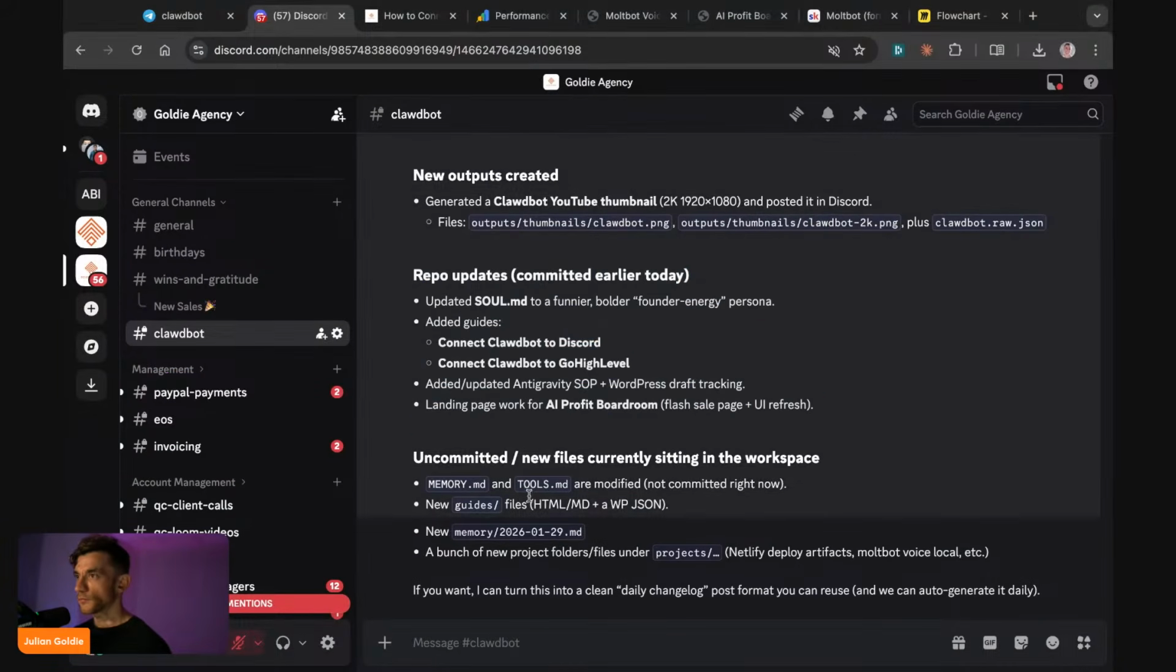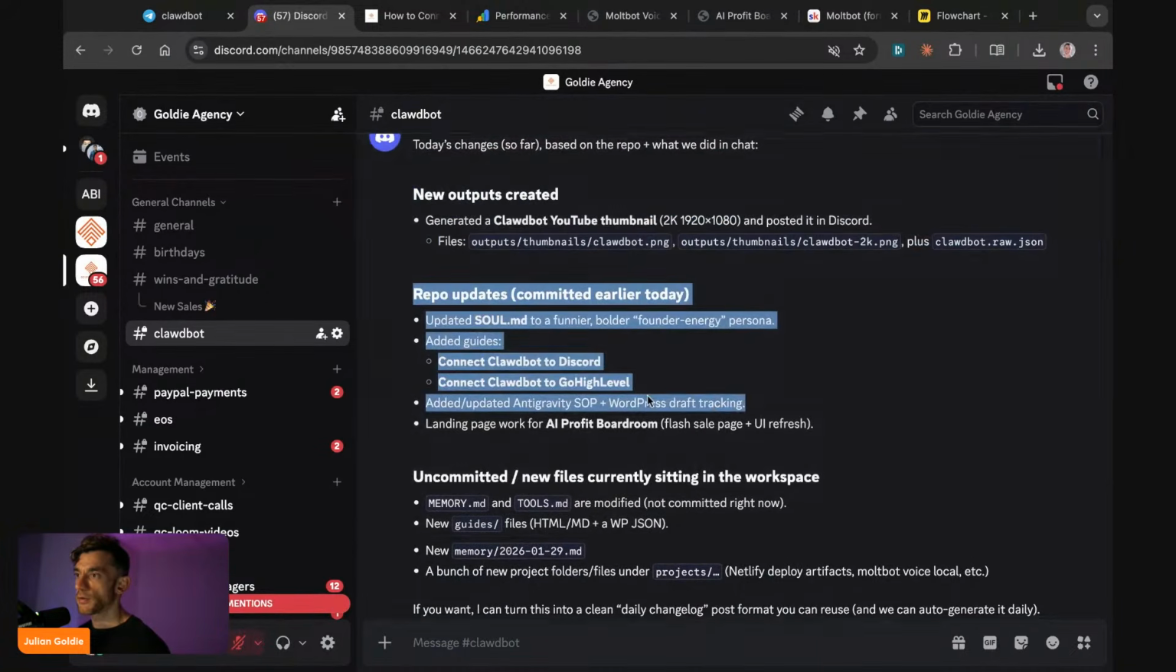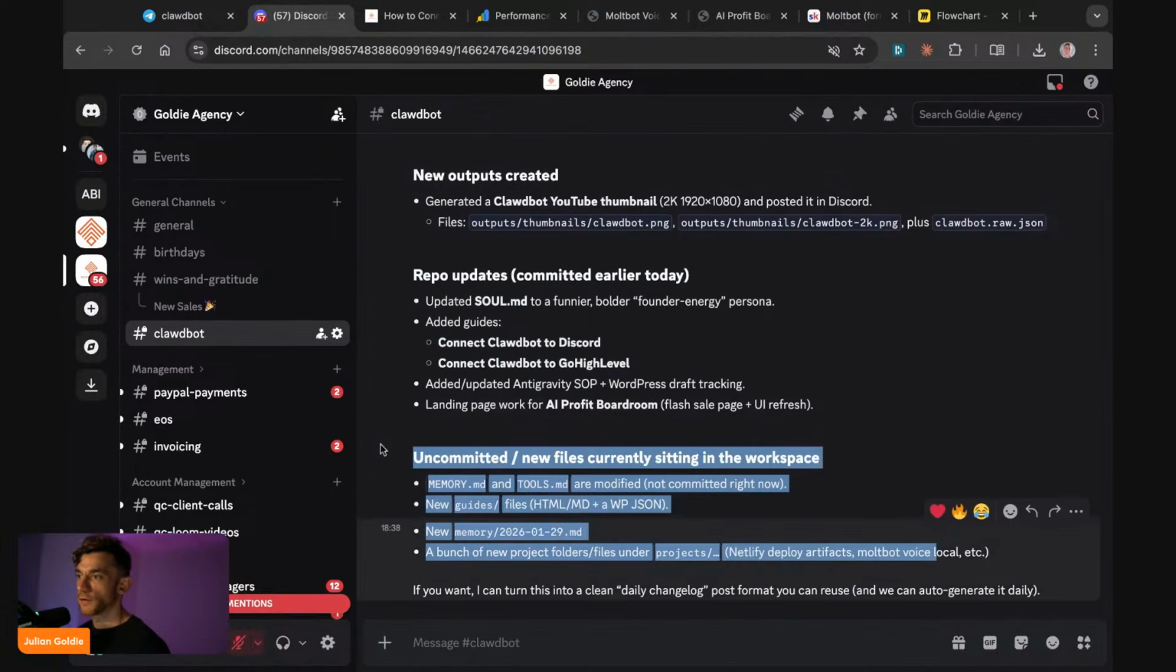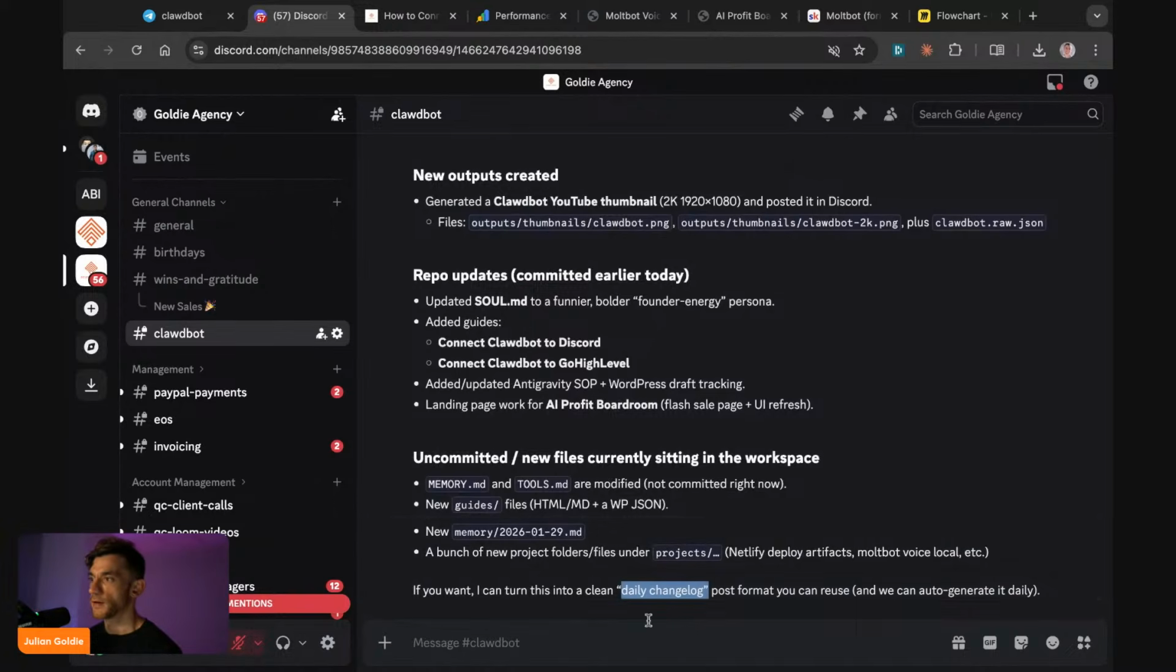So what did we do today? So you can see here it's giving us the changes so far. So a new app was created. It generated a Clawdbot thumbnail. In Discord, it did the repo updates. It's got some new files right there. And we can actually generate a daily change log right here. Now, what I could also do,